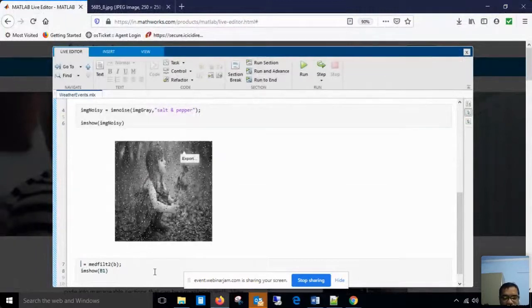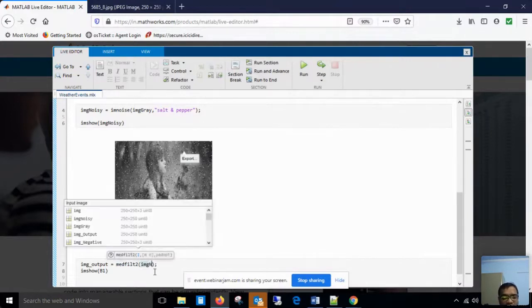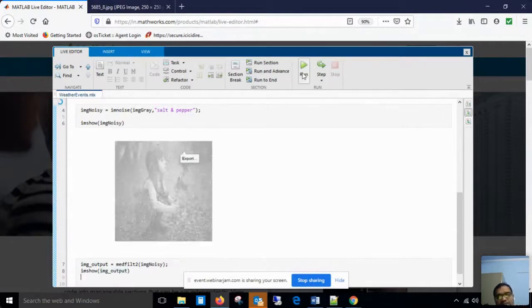So now my output variable is img output, and medfilt2 is the function which represents the median filter, and we have to apply this median filter on the noisy image, img noisy, right? And then you have to see whether it has been implemented perfectly or not.